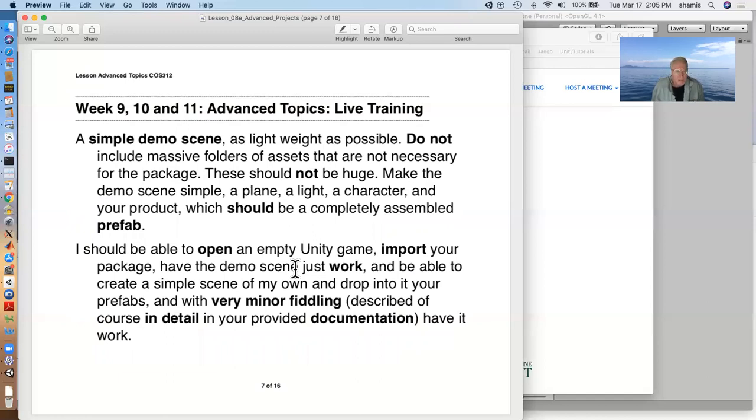A simple demo scene should be there that demonstrates your tool as lightweight as possible. Don't include massive folders of assets that are not necessary. This should not be a big 100 megabyte thing. It should be fairly compact and small. The demo scene should be simple: a plane, a light, a character, and your product, which should be a completely assembled prefab. I should be able to open an empty game, import your package, have the demo scene just work,